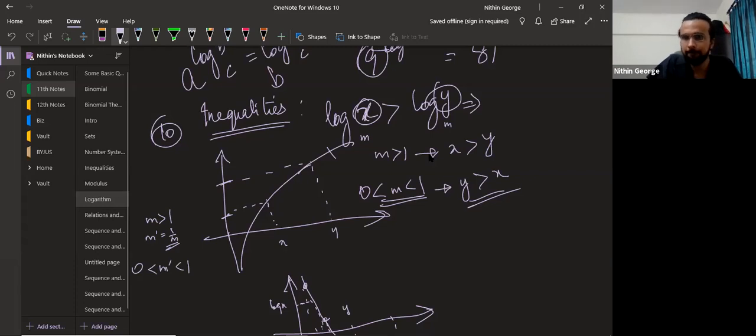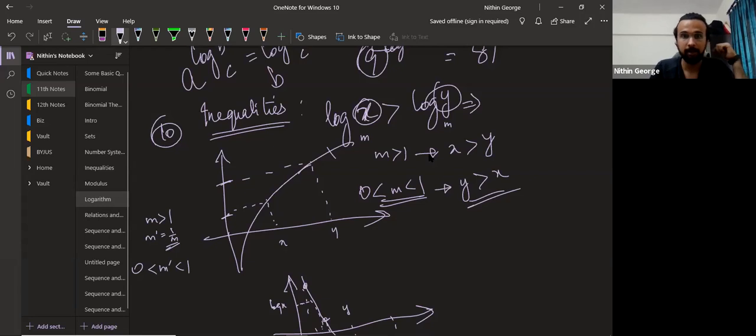Are you getting it? Any value greater than 1, if you take the reciprocal, it will be between 0 and 1. Like 5, you take the reciprocal, it becomes 0.2. 3, you take the reciprocal, it becomes 0.33. 100, you take the reciprocal, it becomes 0.01. You can see how the number goes to a value between 0 and 1. Okay, so m dash is equal to 1 by m.